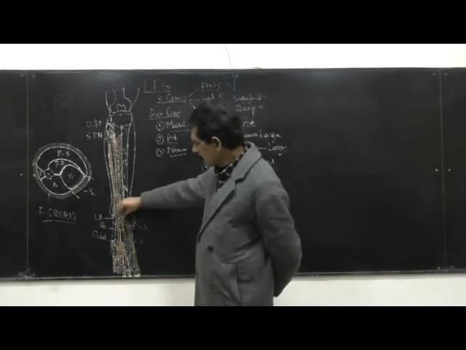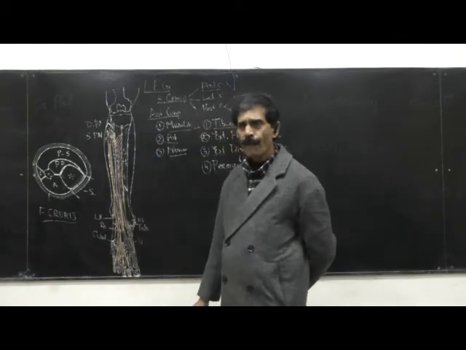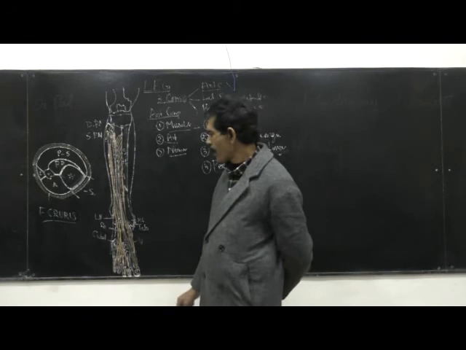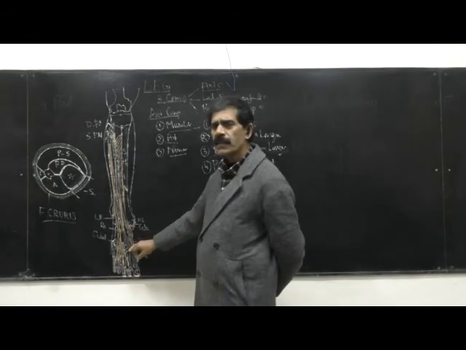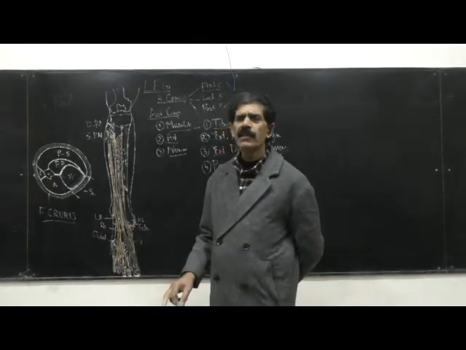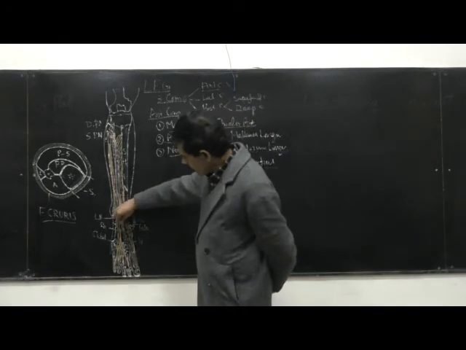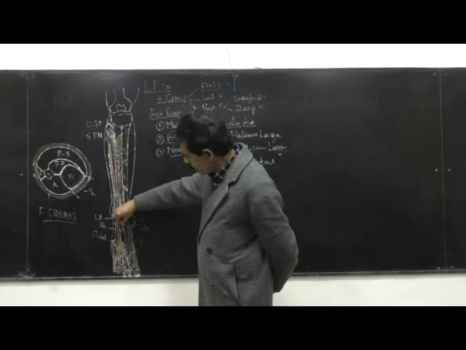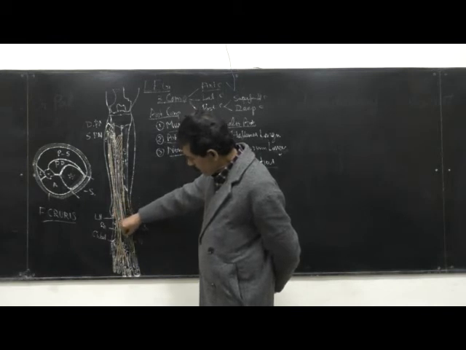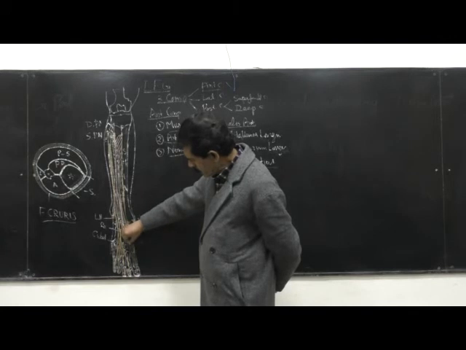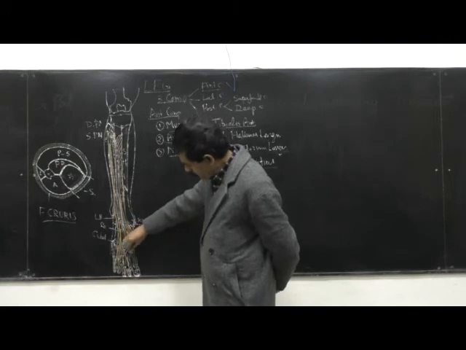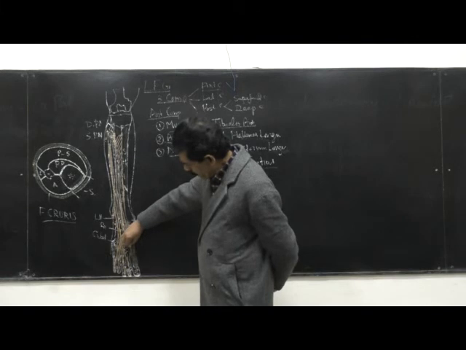Then this artery enters from the leg into the foot. And when it enters on the dorsal surface of the foot, its name changes, and it is called the dorsalis pedis artery. Dorsalis pedis artery is nothing but the continuation of the anterior tibial artery. This artery goes medially, and it will end near the base or the gap between the first and second metatarsal.